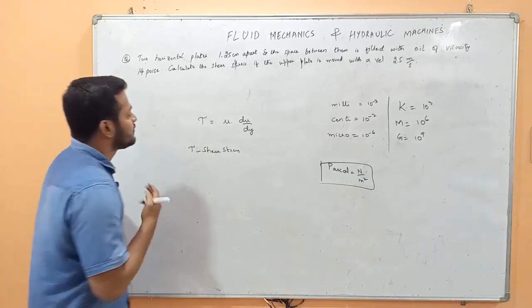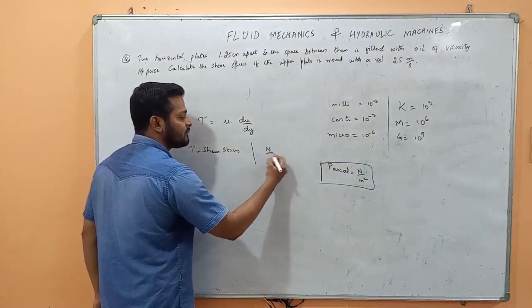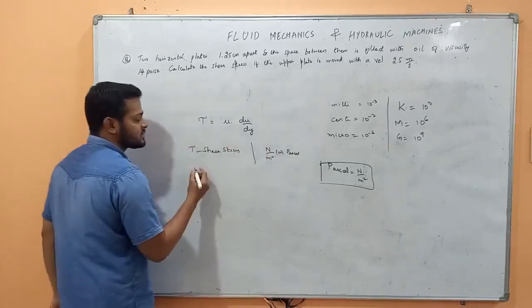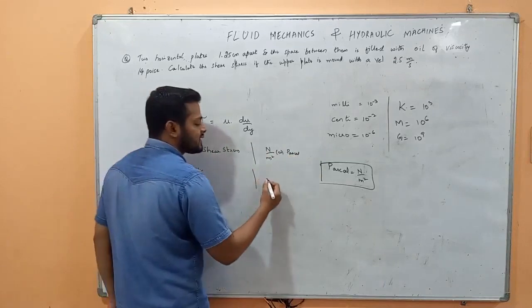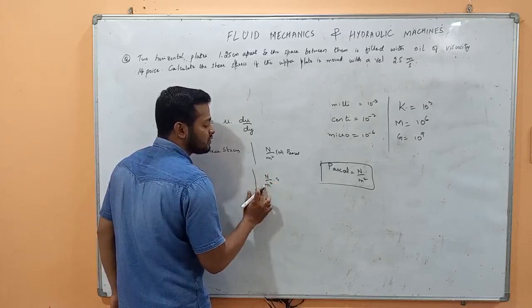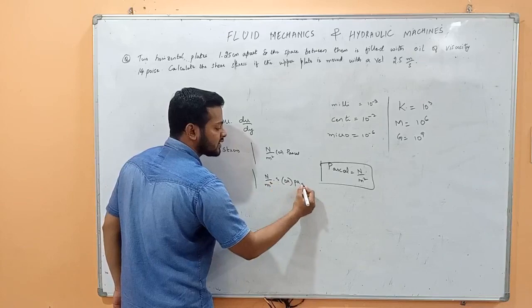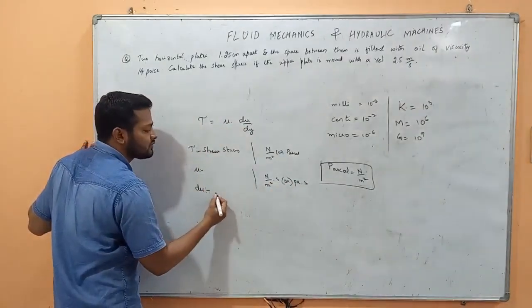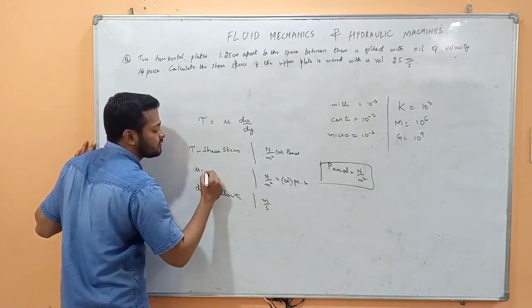Okay. So first is shear stress, tau. The SI unit of shear stress is Newton per meter square, which is also called Pascal. Next is mu, which is called viscosity or dynamic viscosity. The SI unit is Newton second per meter square. This Newton per meter square can also be written as Pascal, so I can say Pascal into second. Next is du, which is velocity. We all know that velocity unit is meter per second.